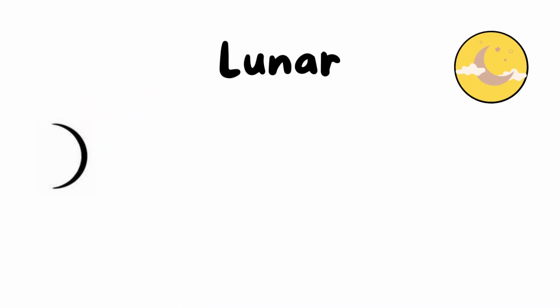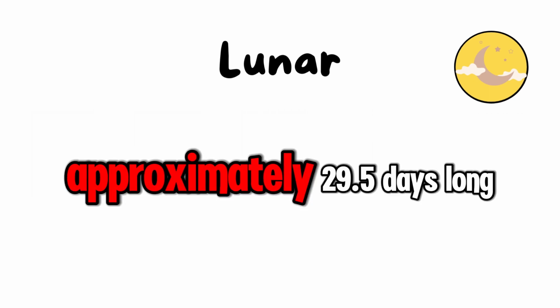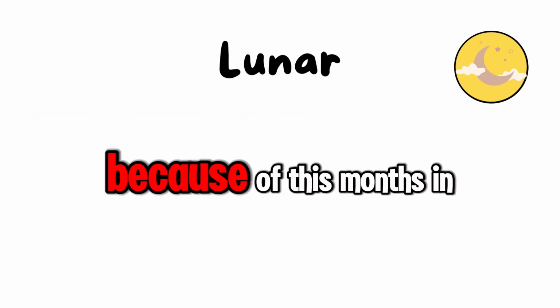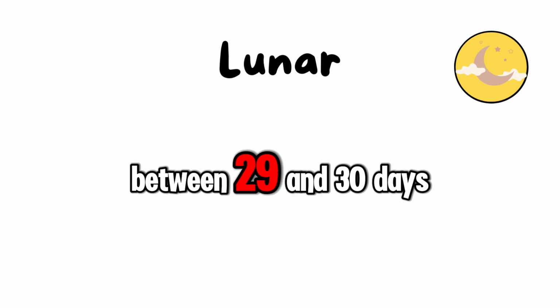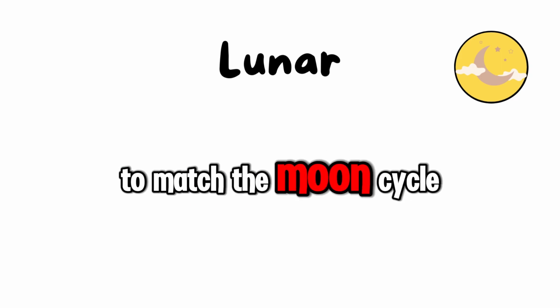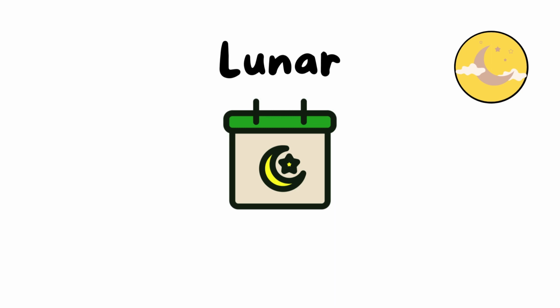Lunar calendars are based on the moon's cycle from one new moon to the next. This cycle is approximately 29.5 days long. Because of this, months in lunar calendars typically alternate between 29 and 30 days to match the moon's cycle as closely as possible. Examples of lunar calendars are, for example, the Islamic calendar, one of the most widely used lunar